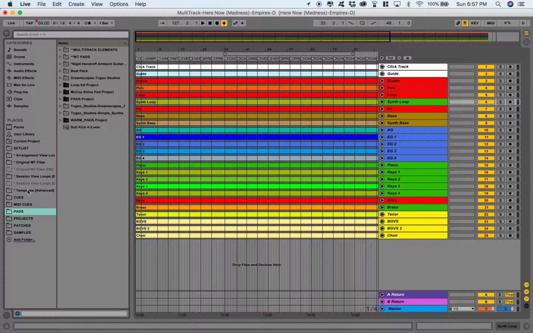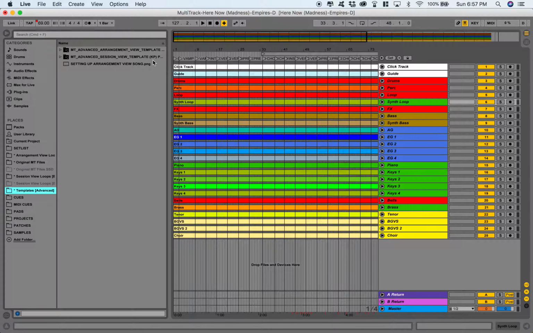So what I do from here is I go into my templates folder. This is the multitracks.com advanced arrangement template. There's a session view template and arrangement view. Make sure you're always using arrangement view. And I open up the folder. I want to drag this to the top. You see the little line? Just release it. And it's going to pull in